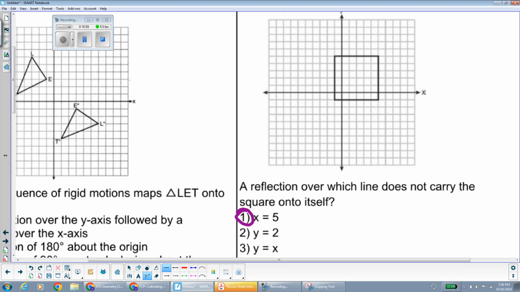Let's go through the other ones. y equals 2, 1, 2. That is a line of symmetry. If we reflect over that line, it will carry the figure onto itself. y equals x is a line of symmetry. y equals x is this line. It cuts it in half across the diagonal. And then finally,